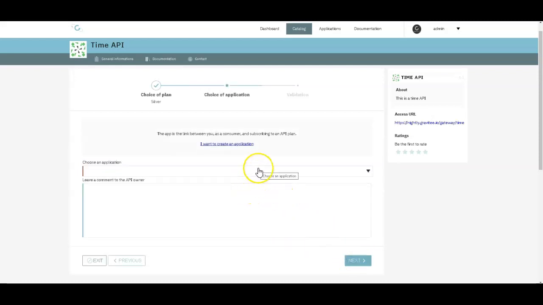Now in this scenario, you have to use an application. In a separate video, we'll talk to you about what an application is. But essentially, the application is the consuming entity of the API. So as a consumer of the API, I can have multiple applications, and the application is the actual entity that does the consumption. So in this case, let me use my default application here,